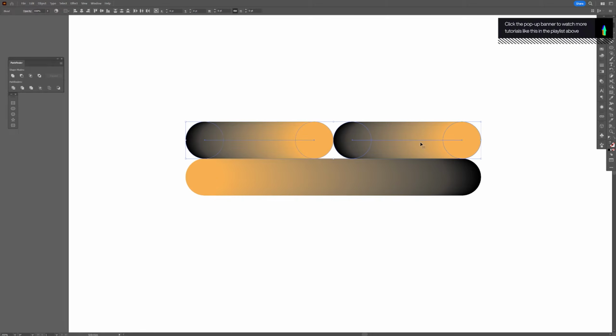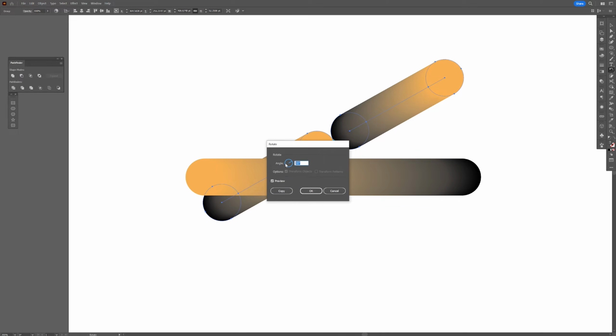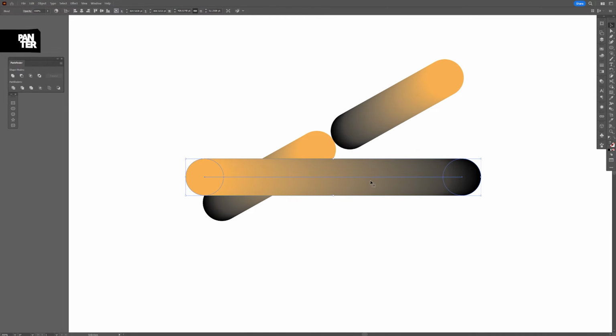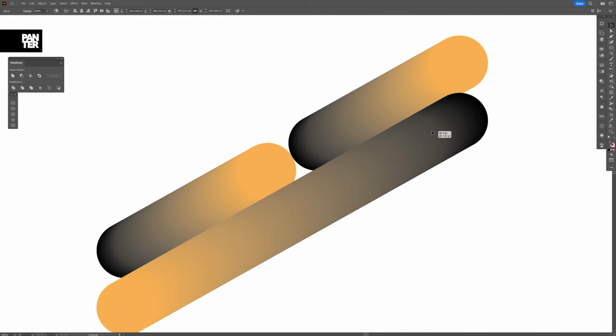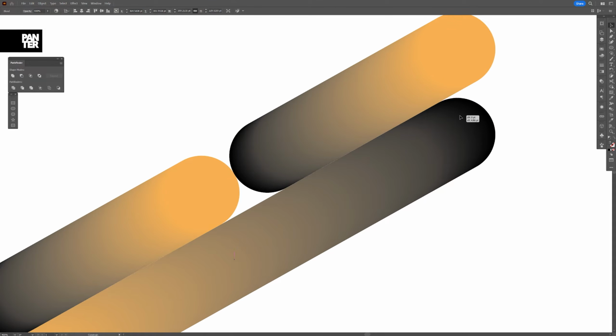I'm going to select these two. I'm going to press Ctrl G to group them. And I'm going to go here to the rotate tool, double click on it, and type in 30 degrees, click OK. I'm going to do the same thing with this one, double click on the rotate tool, it's on 30, click OK. Now I'm going to rearrange this, drag it down, also press Shift,